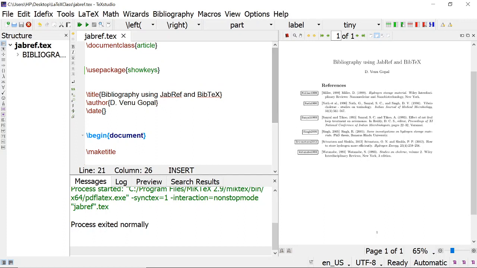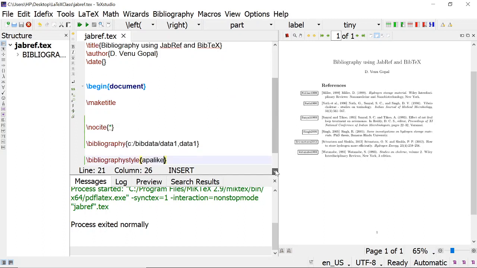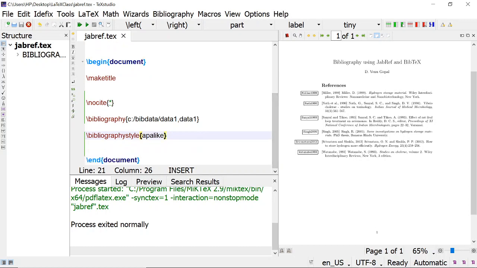The thing is, we used here a software called JabRef to prepare our databases. You can create as many databases as you like, and you can put them in the bibliography one after the other, data1, data2, data3, or you can say hydrogen or some material names. You can save anything, and you have to tell the path like this. Suppose this data also I have in some other directory, I have to put the entire path like this.